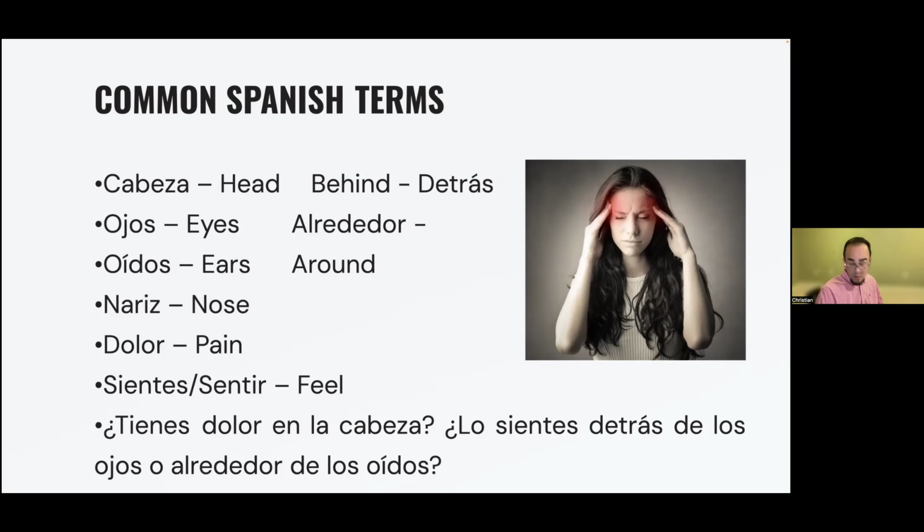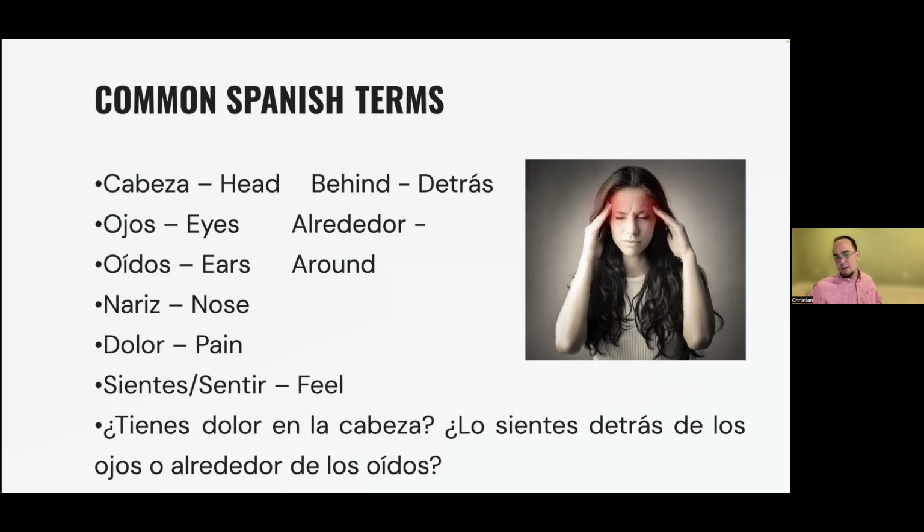One of the things that could be really useful is, even though I may use terms in Spanish, people with different backgrounds or coming from different countries may have regionalisms, but most of us use a lot of hand gestures. So I would say in future encounters, if the patient is having significant issues recognizing what you're trying to ask, you could just point to a certain area, and it could be really helpful for the patient to confirm, oh, okay, the physician is asking me about pain here or there. So it's something that is really useful.